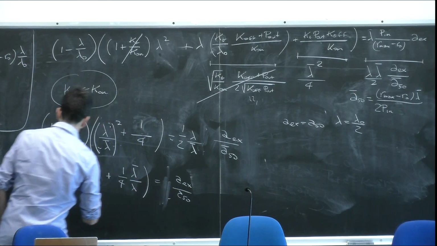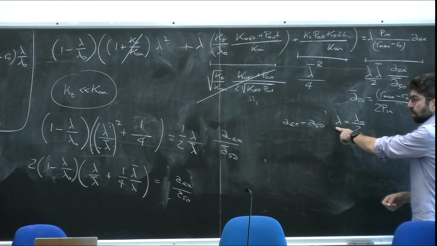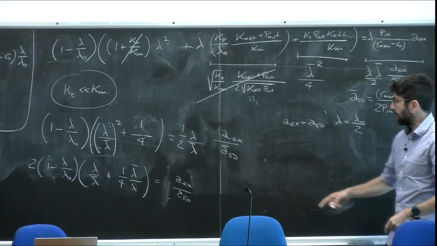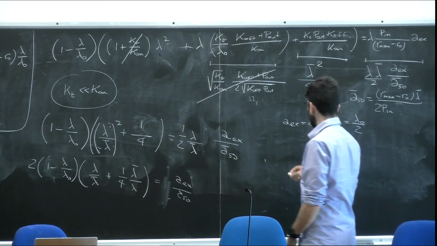I can take these two and put it here. Now, if I substitute lambda equal to lambda naught over 2, and I substitute AX equal to A50, what I get is that